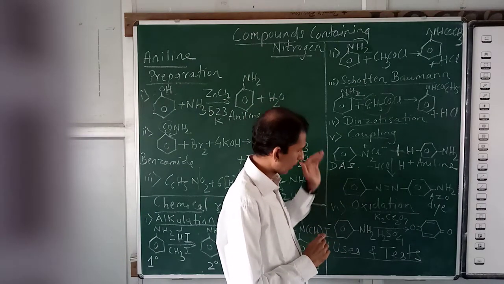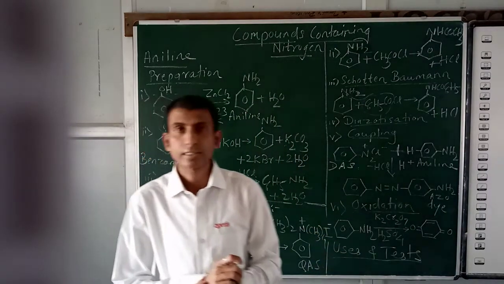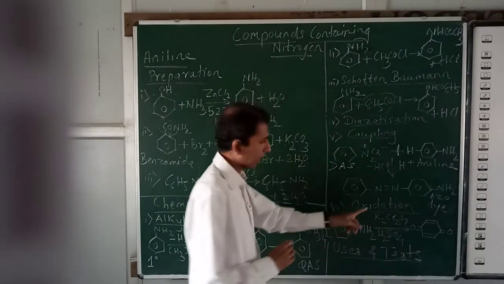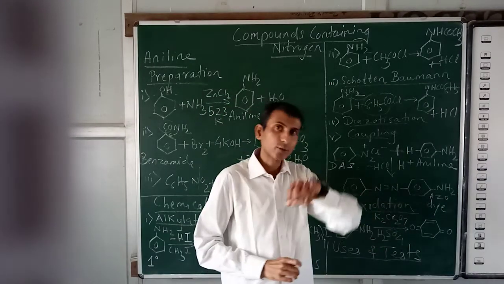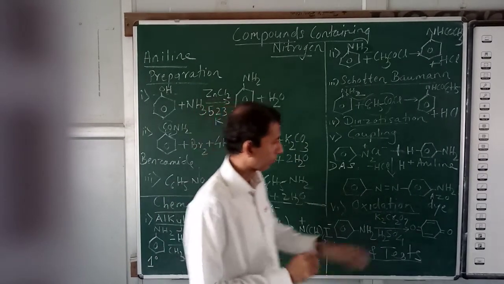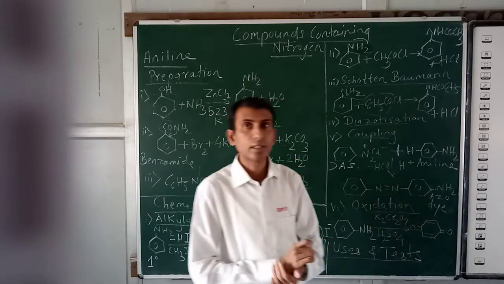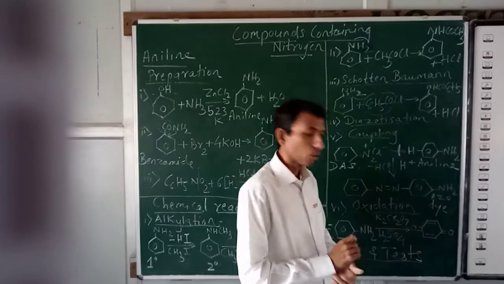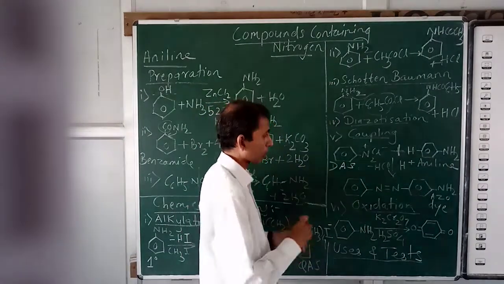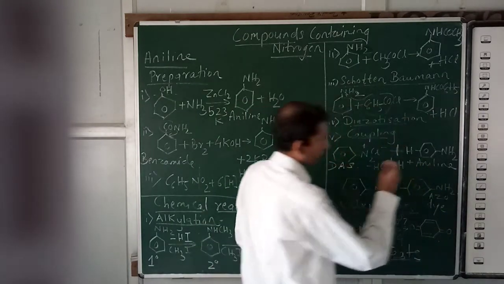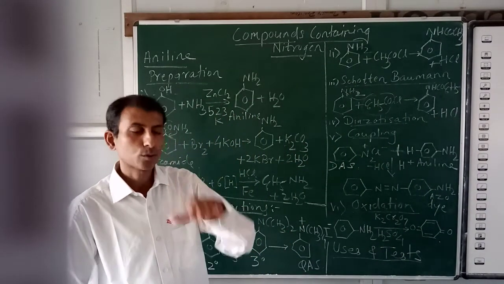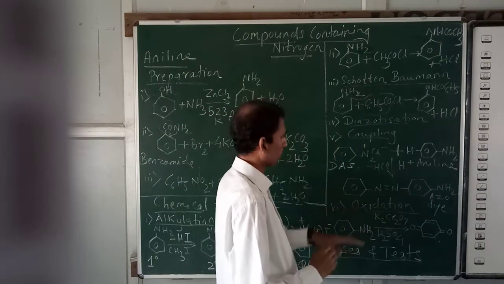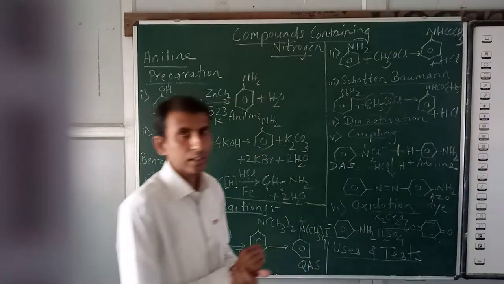And the last reaction here is oxidation reaction for aniline. Now aniline, in presence of strong oxidizing agent like potassium dichromate in presence of sulfuric acid, we get a very important compound, and the name of this compound is benzoquinone. Okay, this is also a very important product, which can be used to synthesize various antibiotics and dyes. So this very important product also we are getting from oxidation of aniline.